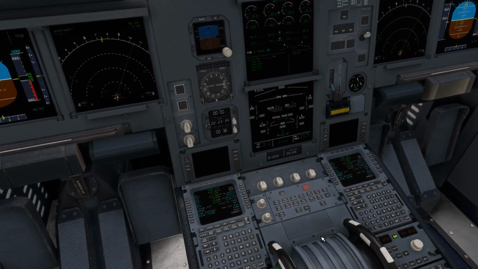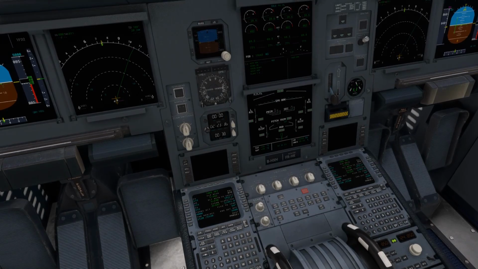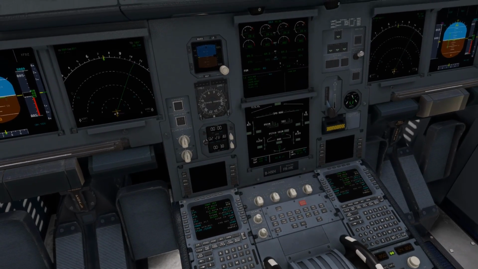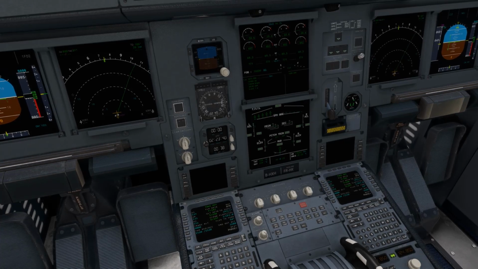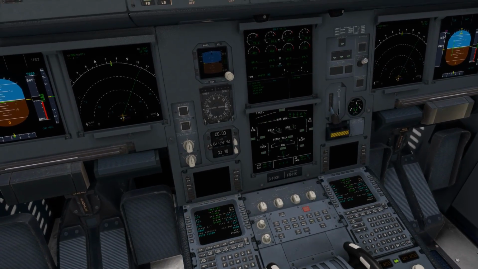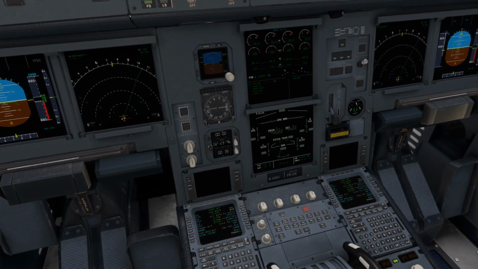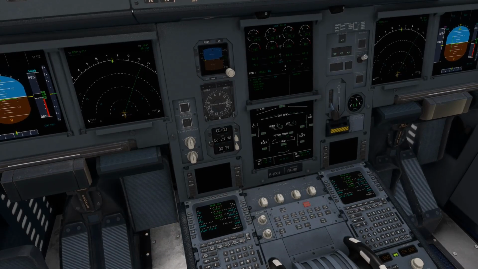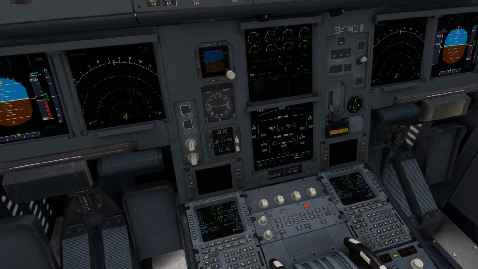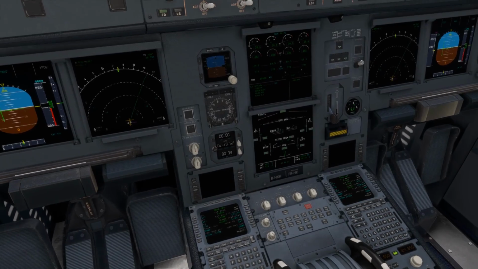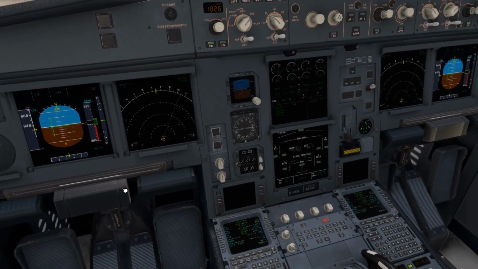So we're full up, pull down, and neutral, pull left, pull right, and neutral, and on the rudder, pull left, pull right, and neutral. You'll notice as well here the screens are a little bit dim, again something I noticed